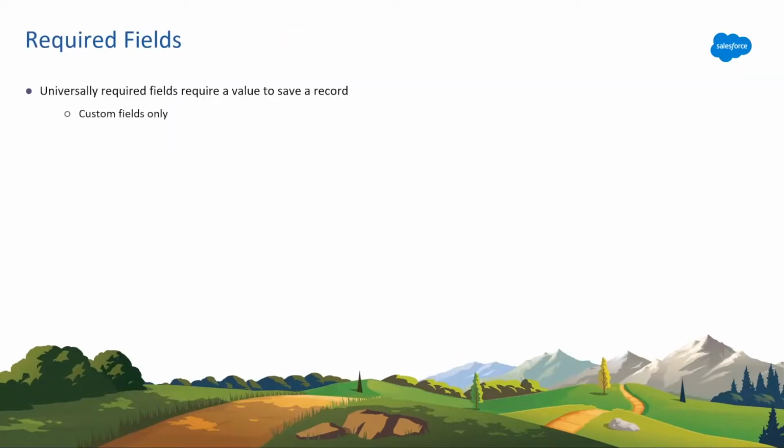So next, I'm going to move on to required fields. I think we're probably all pretty familiar with required fields, so I wanted to just touch on some high points. First of all, universally required fields, or I tend to call them globally required, which is not the right terminology. Universally required is what they call it technically. They are fields that require a value in order to actually save the record. So you can't save it without having it, that red asterisk, right?